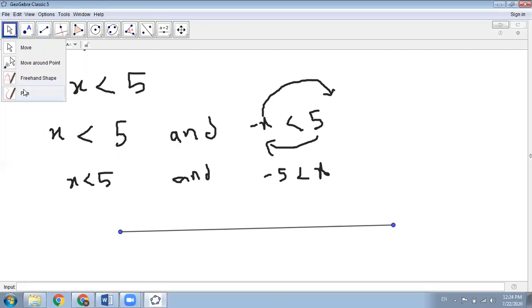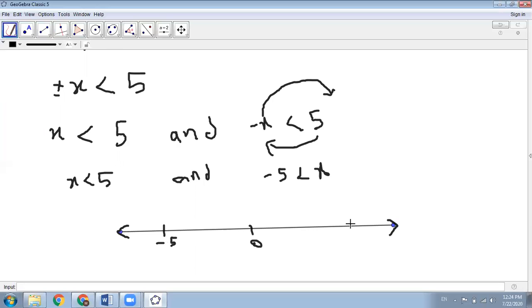So in the number line, we have to use 5. So in the middle we write 0, then minus 5, and 5. You make sure your estimated distance should be the same, 5. Now x is greater than minus 5, therefore it means that we move to this side, and x less than 5,